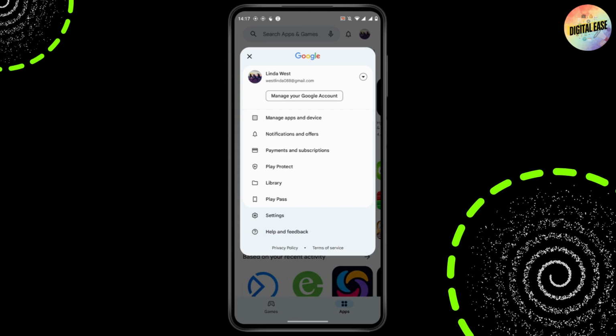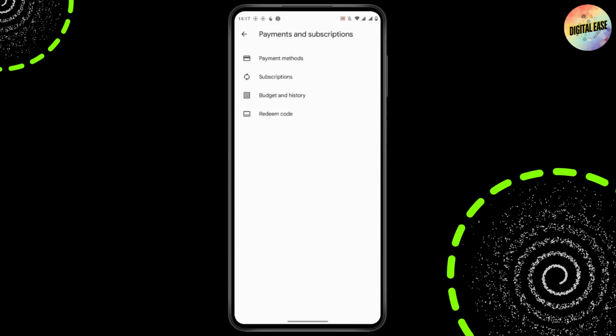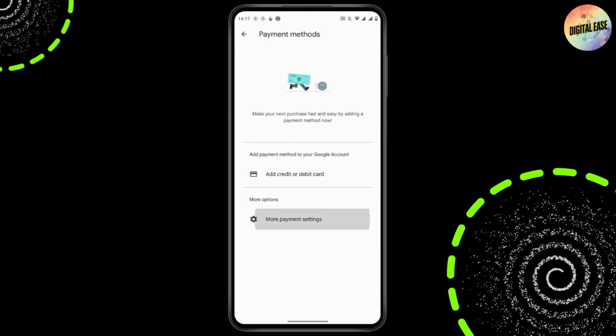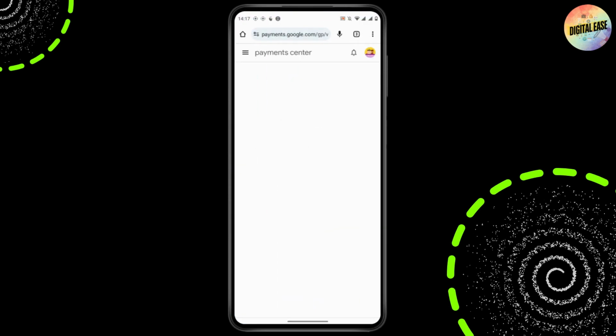After tapping on the profile icon, just tap on payments and subscriptions. Inside your payments and subscriptions, you will find payment method options. Just simply tap on it, and after tapping on that, just simply tap on more payment settings. And inside your more payment settings, from here just tap on the 3 bar icon